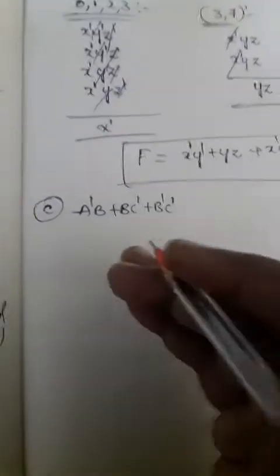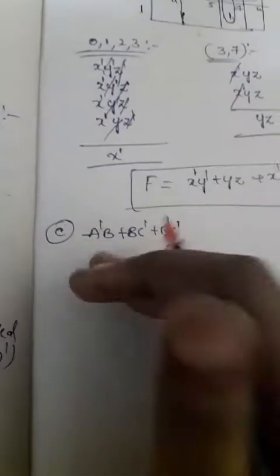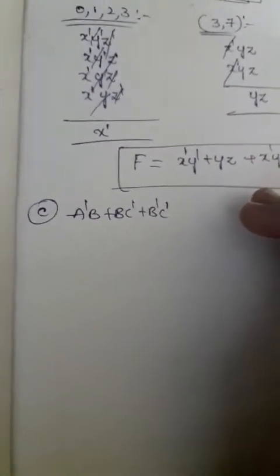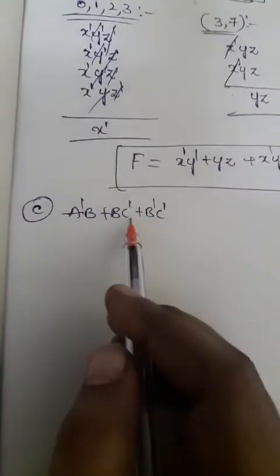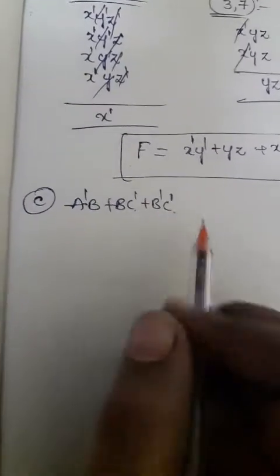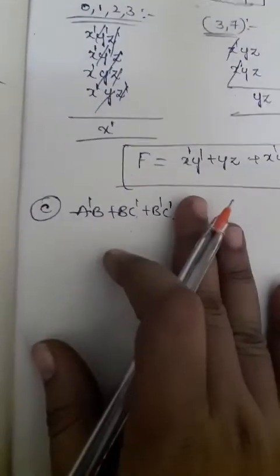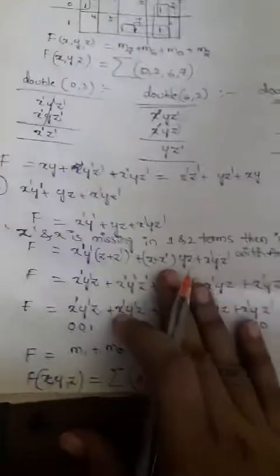Again, this problem is directly not applicable for the K-map. Why? Because in these three terms one variable is missing. For every term one variable is missing. Here c is missing, and here a is missing, and here also a is missing, right? So for that purpose we can include one more variable. Okay? So again we'll go for the same procedure. First I can consider f as bc complement plus b complement c complement. Now any variable that is missing will be multiplied with AND logic.